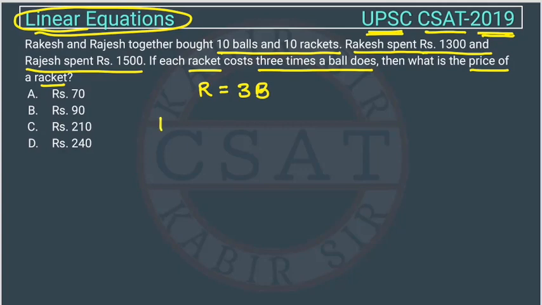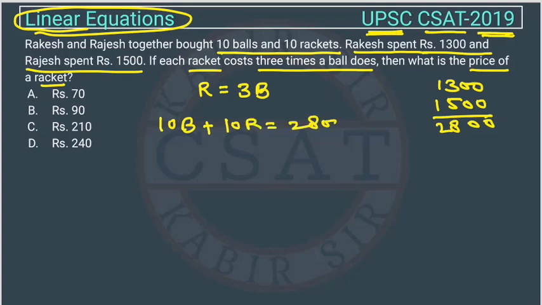And how much money did they spend in total? Rakesh spent 1300 and 1500 was spent by Rajesh. So the total money is how much? 2800, right? So 10 balls, so the ball price will be B, right? 10 rackets, so this will be R is equal to 2800. But we know R is equal to 3B, so this will become 10B plus 10 into 3B is equal to 2800,